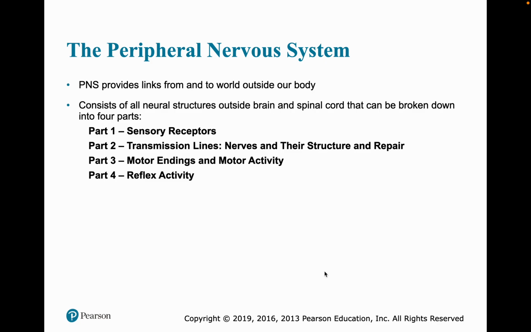About the peripheral nervous system. The peripheral nervous system is going to provide our link from the outside world, including outside of our central nervous system in our body, and the outside world, literally outside our body. Communication between that and the central nervous system. It's got neural structures outside the brain and spinal cord,